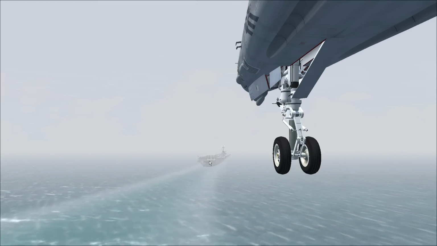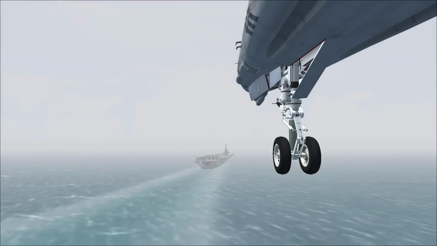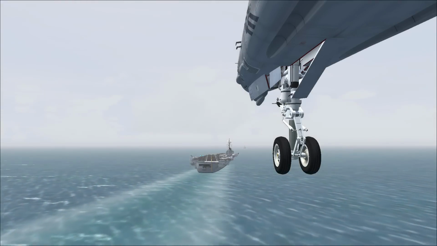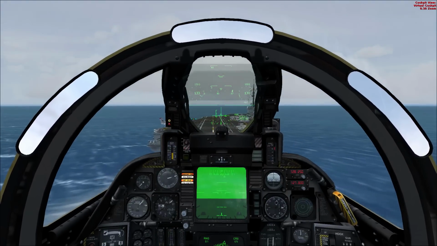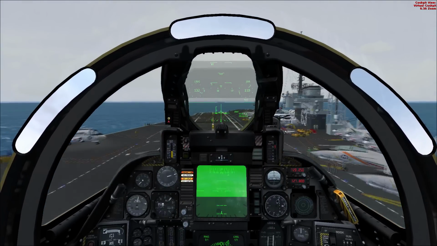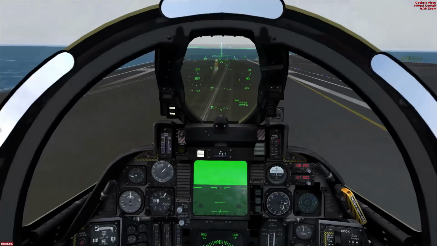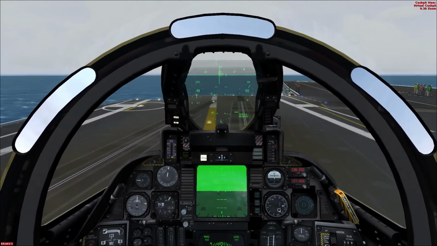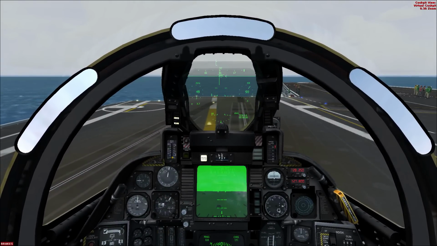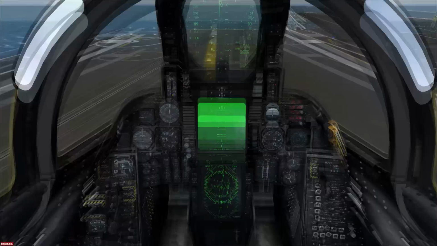Right, we're going to get ready. We're going to go back inside any minute now. Look at that. Nearly as good as me. And there we go, guys. That is one automated carrier landing in low visibility, hand flown all bar the actual landing itself. Now, as I say,